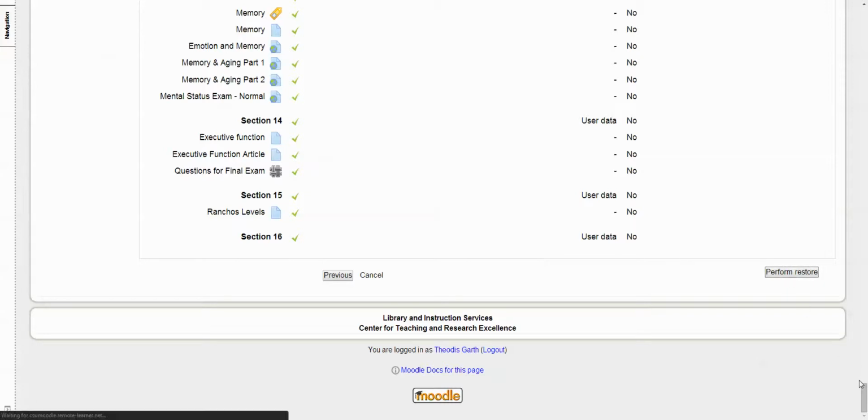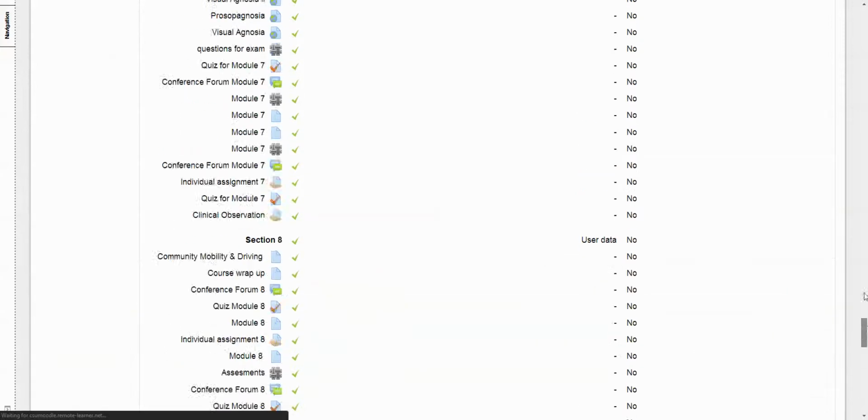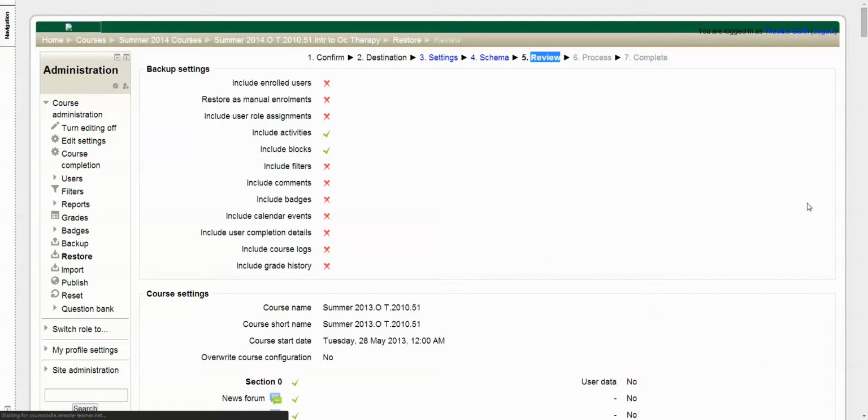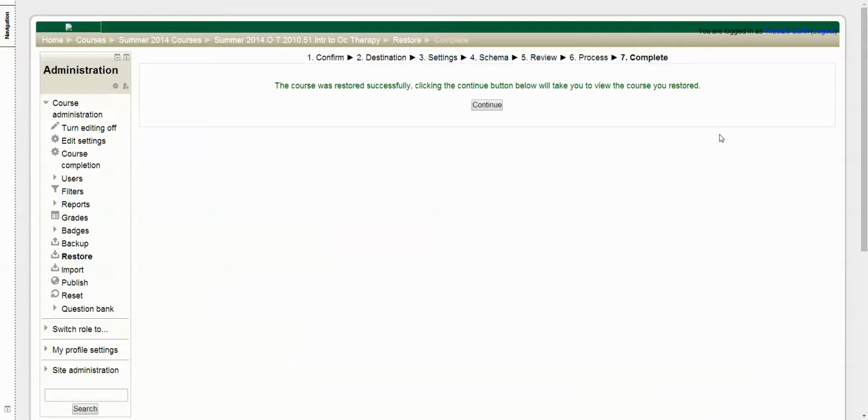All right, now this may take a few moments. As I stated previously several times, it really depends on how much content you were bringing over from your old course into the new course. So we're going to let Moodle process all the content, and it's going to dump everything into your new empty course shell for summer 2014. Okay, once Moodle finished processing that pretty big zip file, you're going to be taken to the last step and